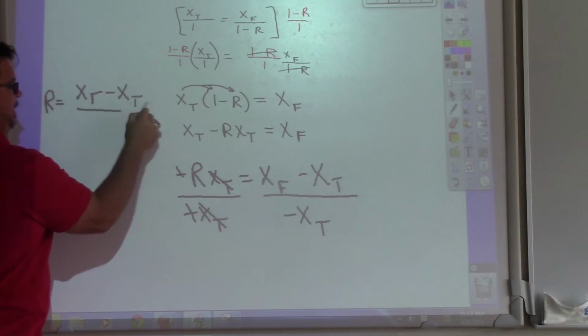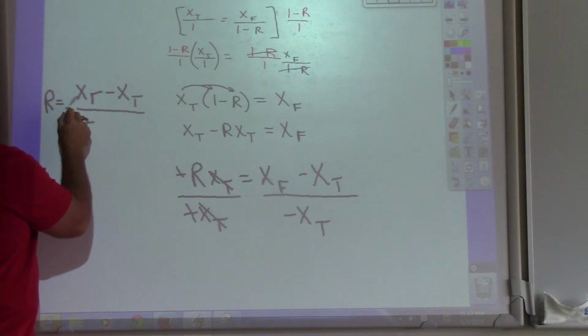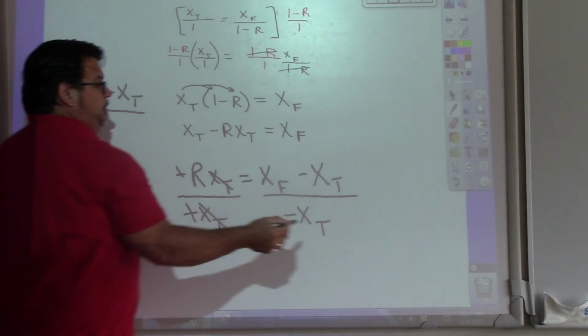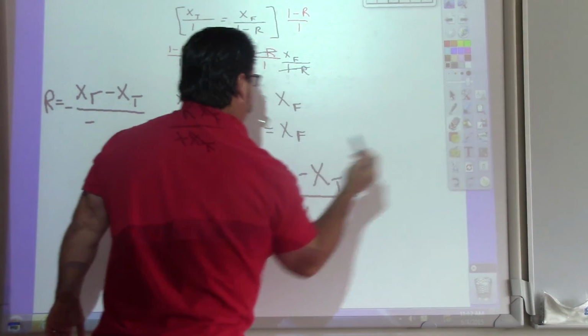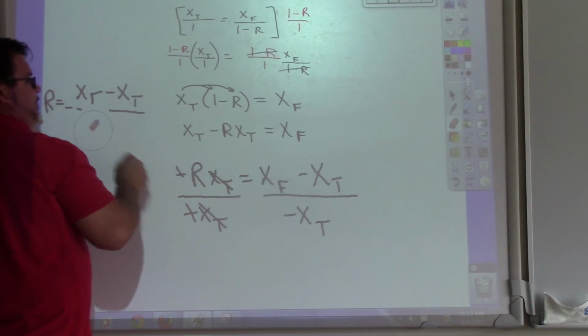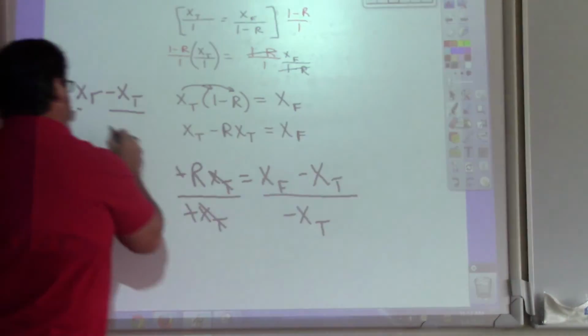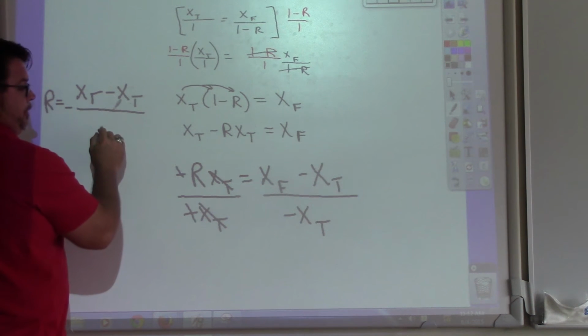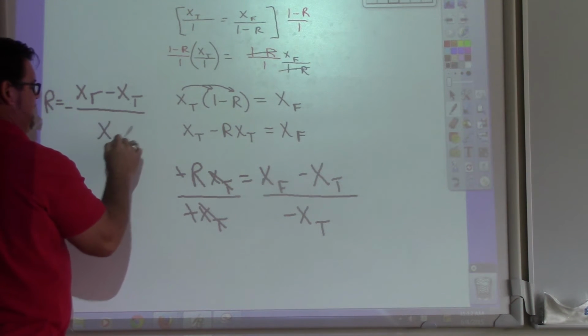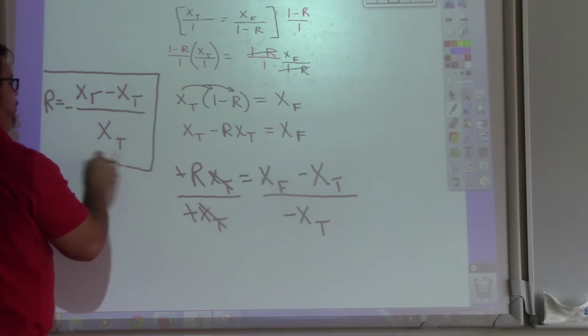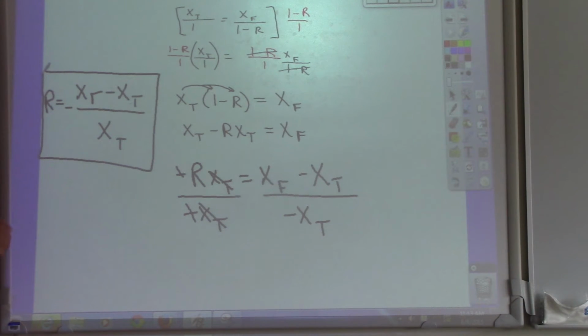This is one way of writing it. Put the minus out front when you put your answer in, because they like for it to be out front. And then hit the fraction button over x sub t. That's one way to write it, and it's not wrong if you write it like that. The other way to write it,